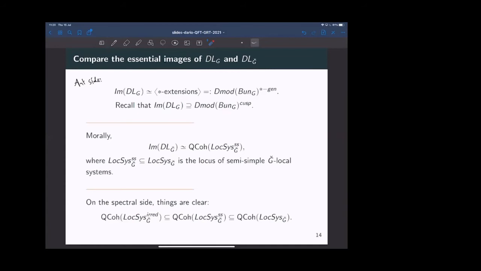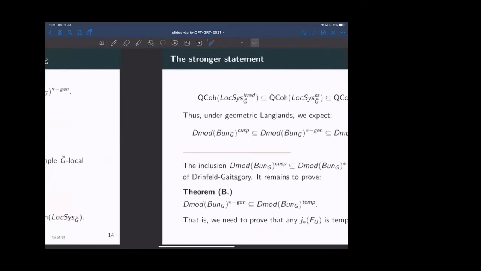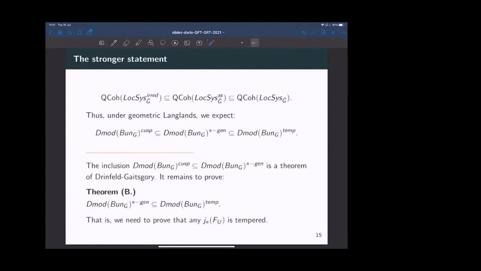And so on the spectral side, we have a double inclusion, and that's clear from the definitions. So here the image of the linguistic functor is here, between the cuspidal spectral objects and the tempered spectral objects. So that's my intermediate category on the spectral side, and it should correspond to the intermediate category on the automorphic side. Namely, on the next page, geometric Langlands should go this way, and those are three flavors of geometric Langlands. The cuspidal flavor, this middle flavor that I discussed, this tempered flavor, and here I didn't write it, but it's the full flavor with all D-modules and all ind-coherent sheaves with the nilpotent singular support.